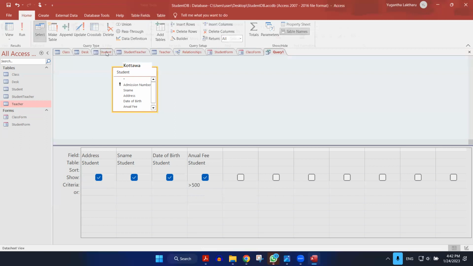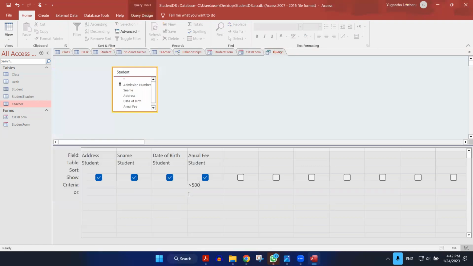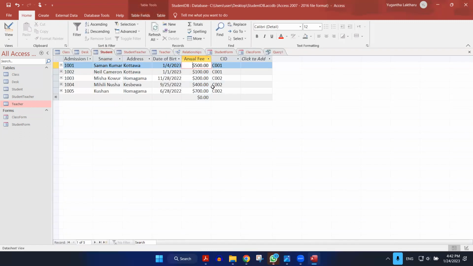So if you look into the student table, you can see there is only one student who has paid more than 500. All others are less than 500, right? So if I make this 400, I will get 2. If it is larger than 400, then in my output there should be Saman Kumara and Kushan. The first one and the last one only will be there,